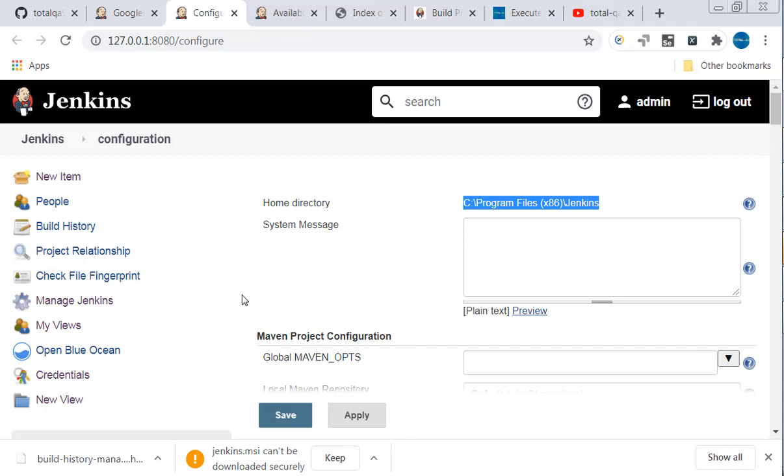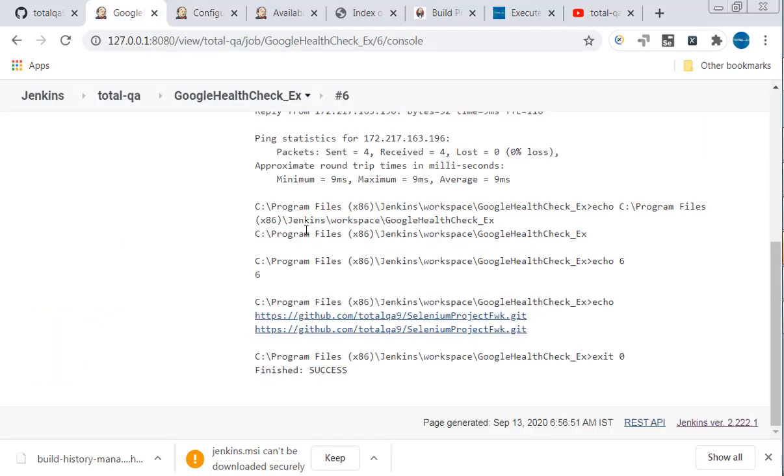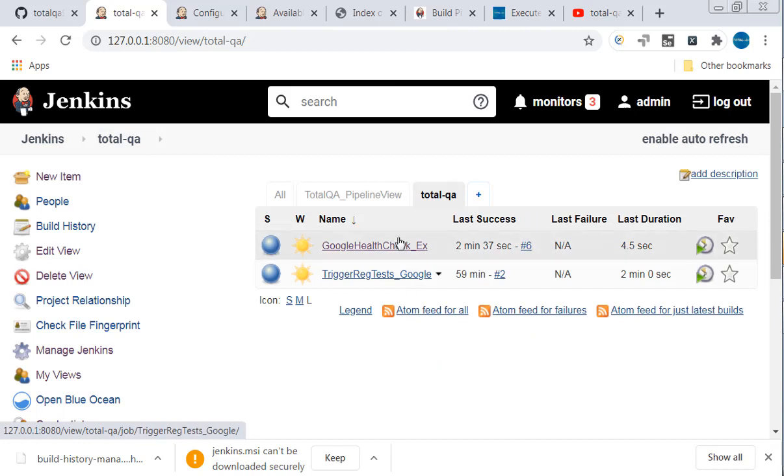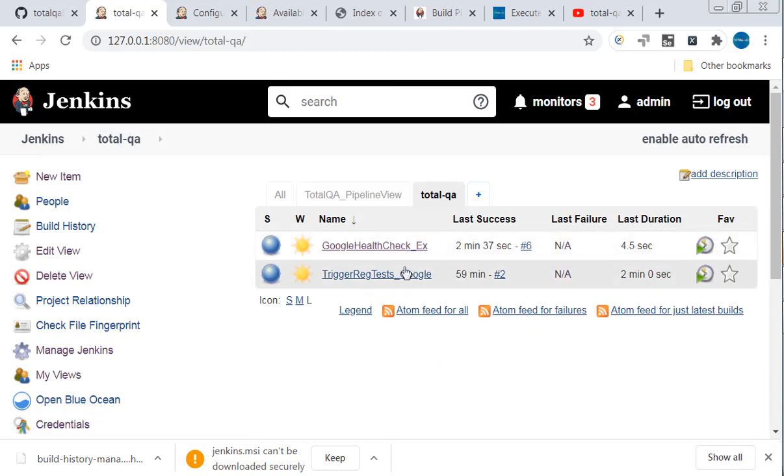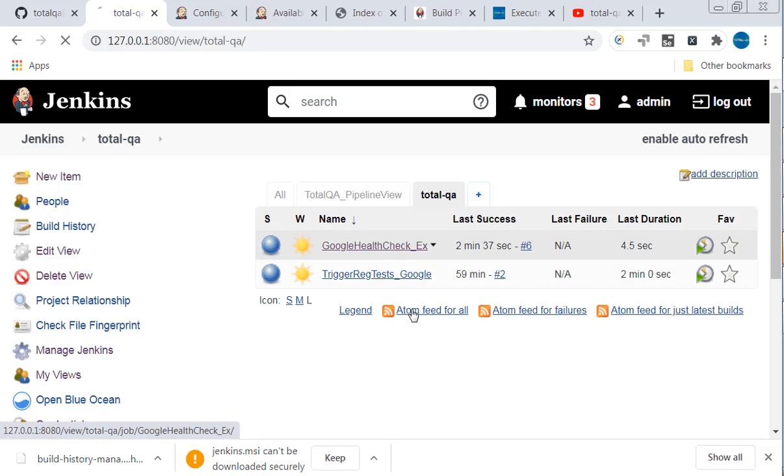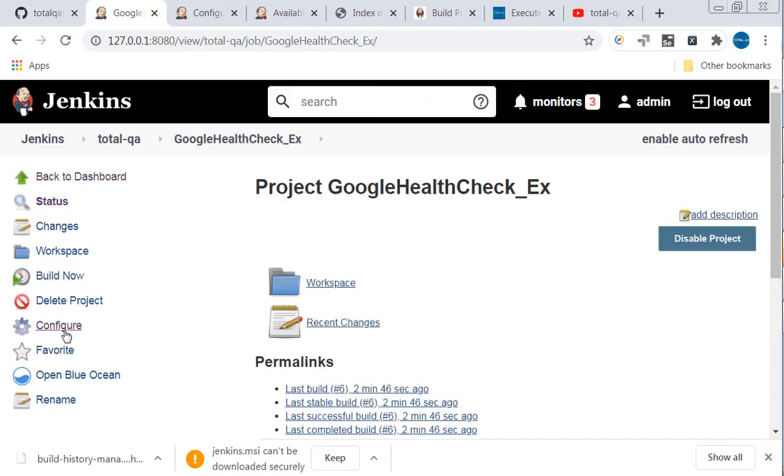This is already clearly explained in the part 1, how to create jobs, how are we going to execute test cases on a browser via GitHub and Jenkins. So if you go to this total QA view, in the total QA view, we have two different jobs. This is health check, this is regression test case on Google. Open Google Health Check.